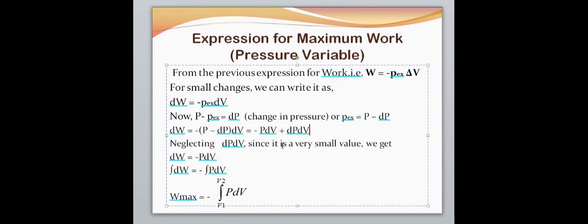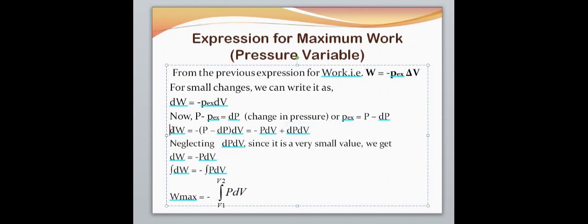So when I open the brackets, I get minus P dV plus, since minus into minus becomes plus, plus dP dV. Now here, my dear students, this dP dV is a very small value which can be ignored, which can be neglected. So that's why I've written here, neglecting dP dV since it is a very small value,